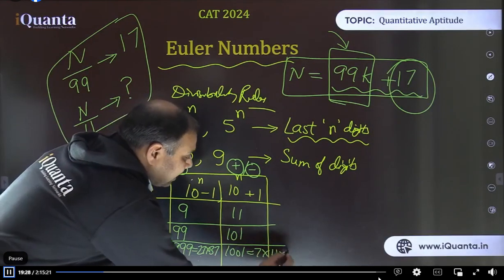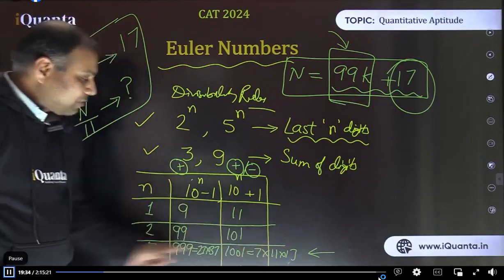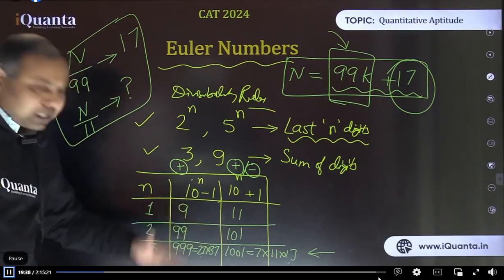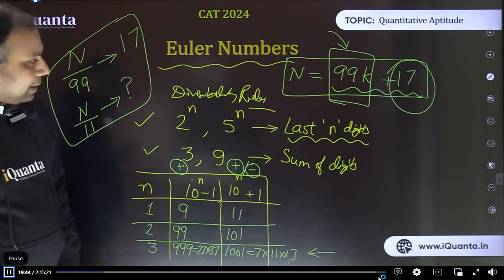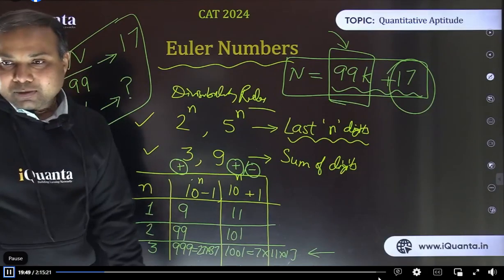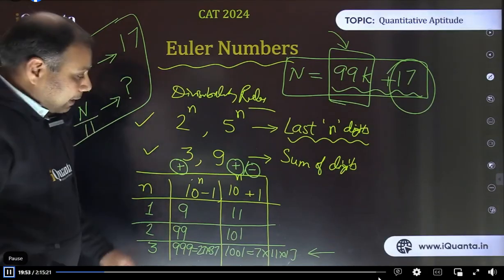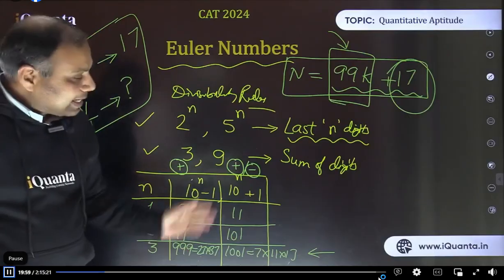So basically these rules are very important for our examination, although we can go further as well. But generally those questions are not asked, at least in CAT and other exams. For your own numbers exploration, you can go further as well. But at least these rules we must be very clear about. And as I said earlier, the benefit of using these rules is that if the number is not divisible by that particular divisor, we are getting the remainder.